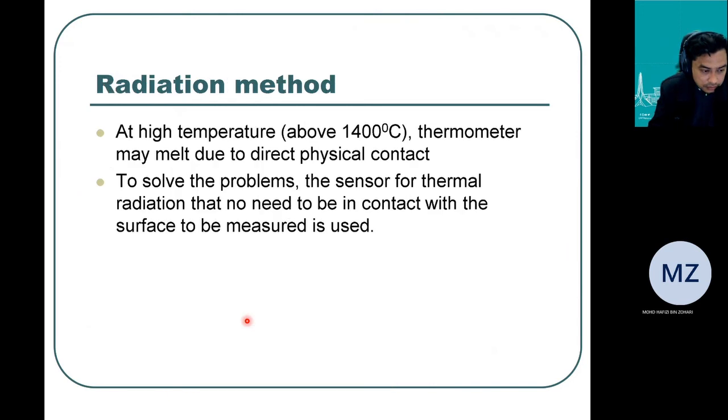Okay. All right, so we finish with the thermocouple. Basically, we finish with the electrical type of temperature measurement. The electrical type and the non-electrical type are all contact measurement. We have to contact the area or the body to be measured. But now we come to the next type, which is the radiation method. This one is